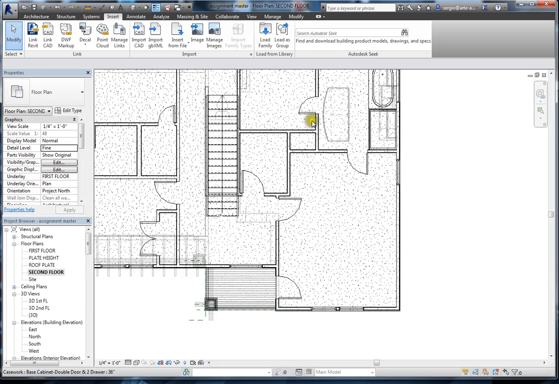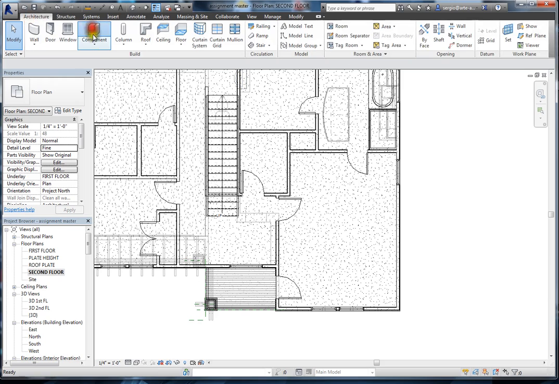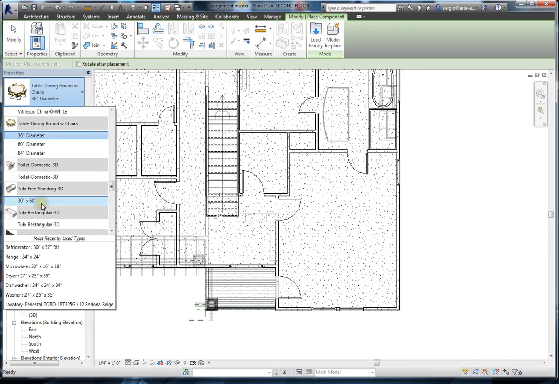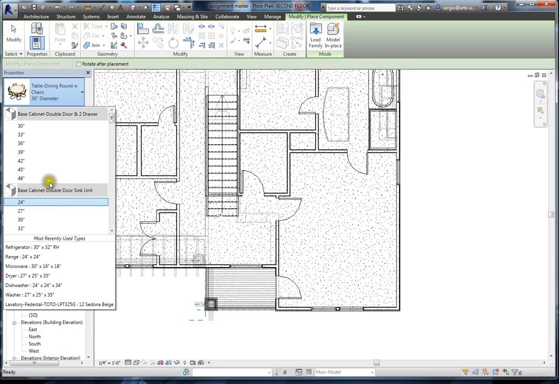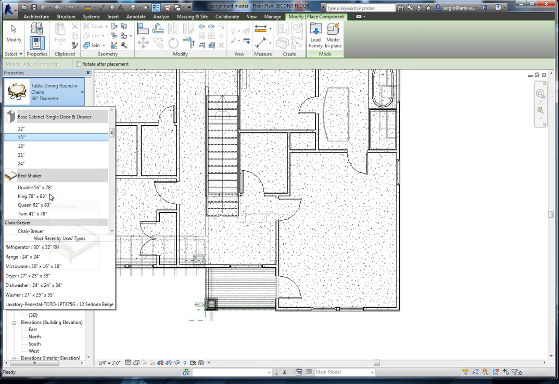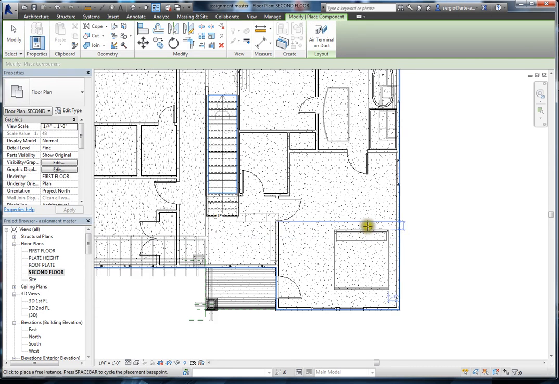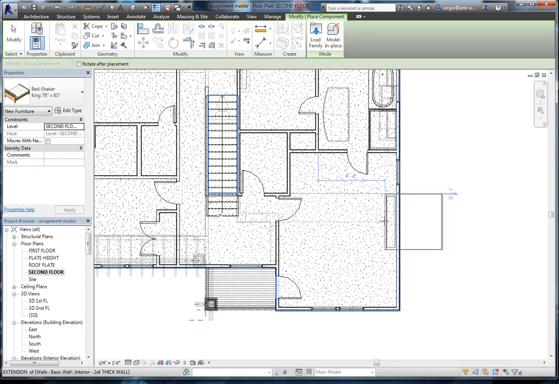And what I want you to do is just place them. Go to components, and then find all those components we just inserted. So again, it's alphabetized, so I'm going to go to the B for beds, and in this case we have different sizes for the bed. I'm going to put a king size bed in here, and by using my space bar I can rotate it. So I don't know, I'm going to put my bed right there,